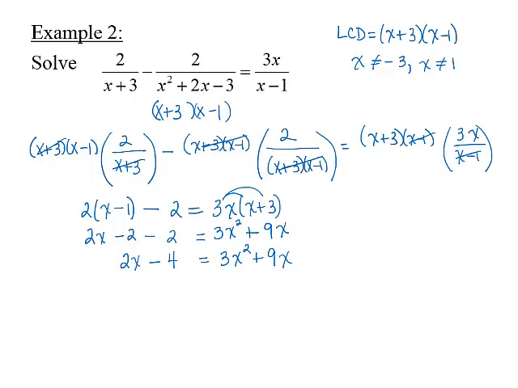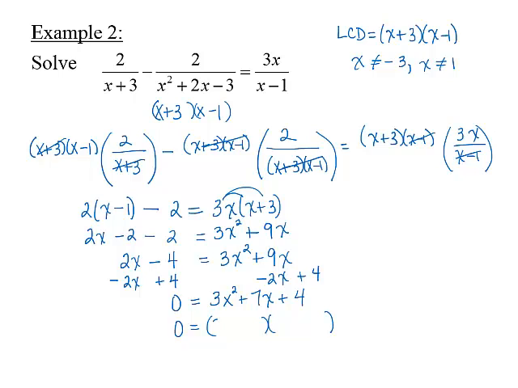Note that this is a quadratic equation. We get one side equal to 0. We can do that by subtracting 2x and adding 4 to each side. We get 0 is equal to 3x squared plus 7x plus 4. And now factoring,